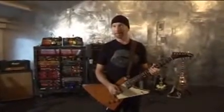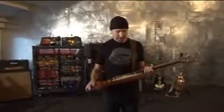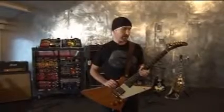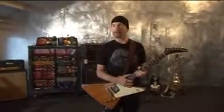So I was going to ask you, is that it? This is it. This is the first guitar that I ever recorded with. The first guitar I bought with the idea that I might actually play with the band on stage in front